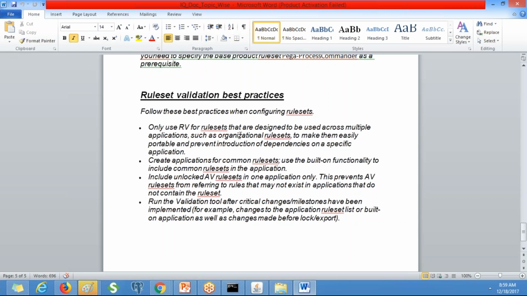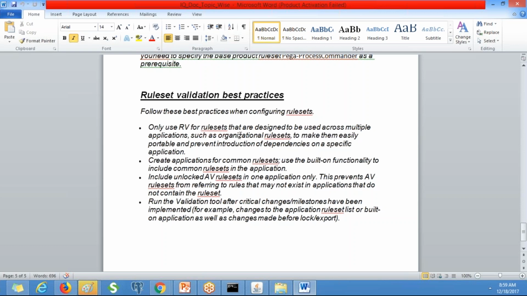We will not have any prerequisite issue because we define the rule sets explicitly, whatever rule sets we require. If it is application mode, we have to take care of all the prerequisite things, otherwise we will get some issue later.